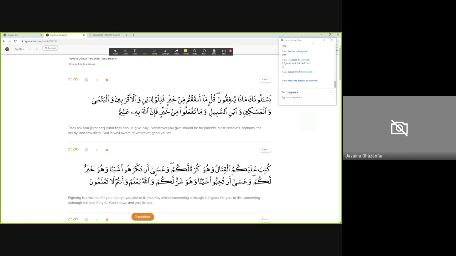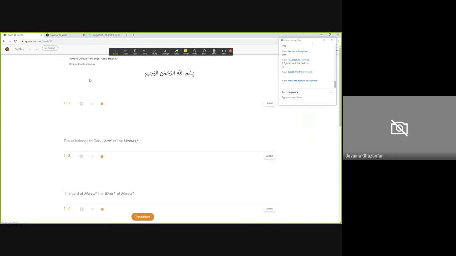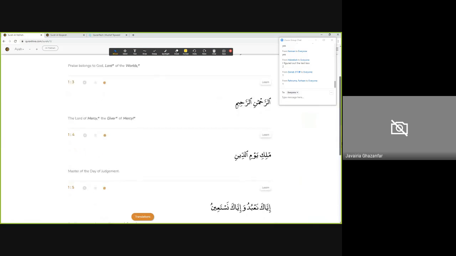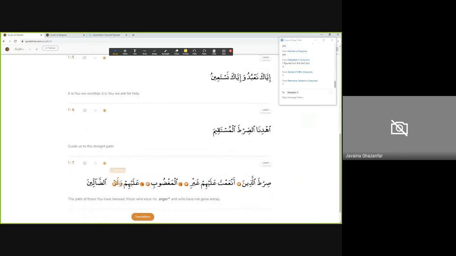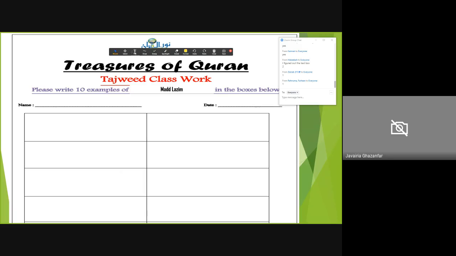So for example, if you go here and you just, let's say, go to Surah Fatiha, then you can pick up a verse and you can find out that this is Mad Lazim, and then you can even paste that word. So I can copy this. Since I am doing it on this screen, you can see that.